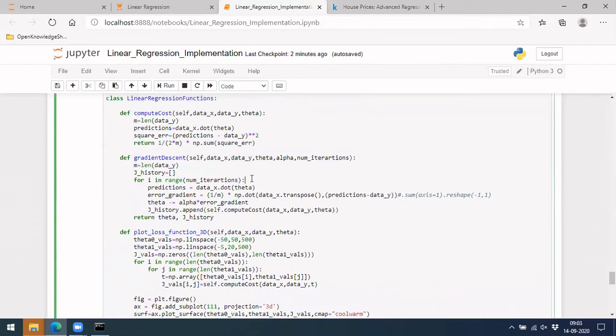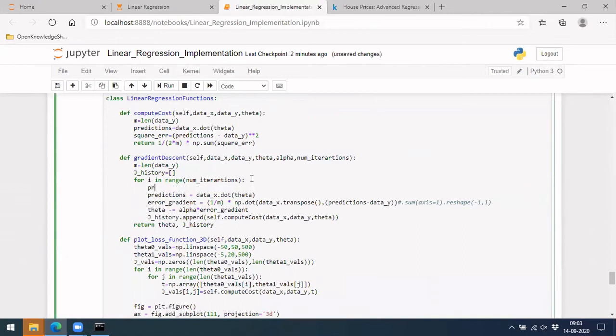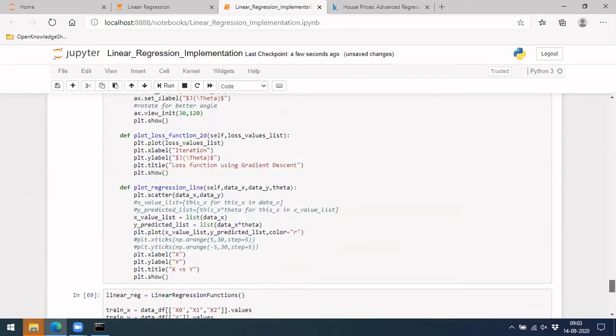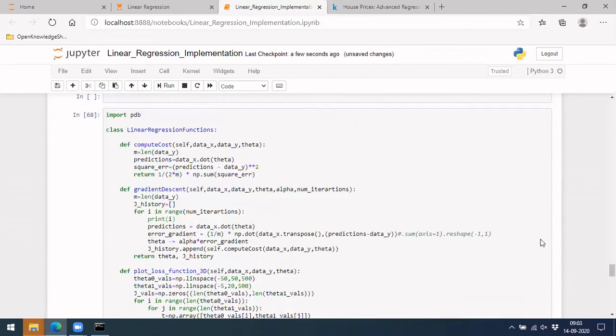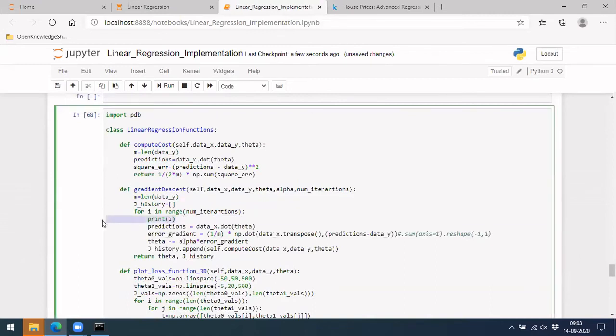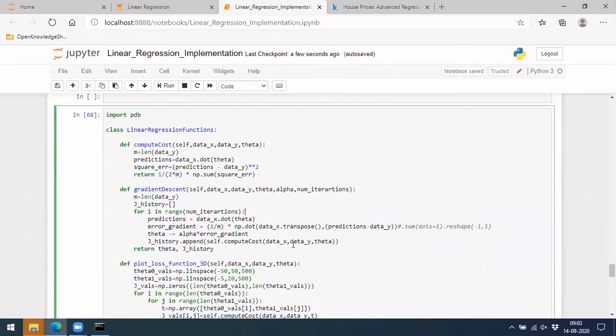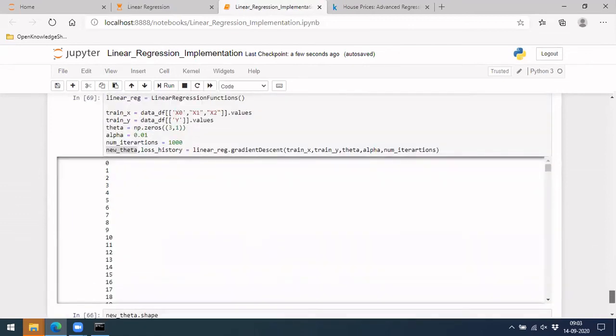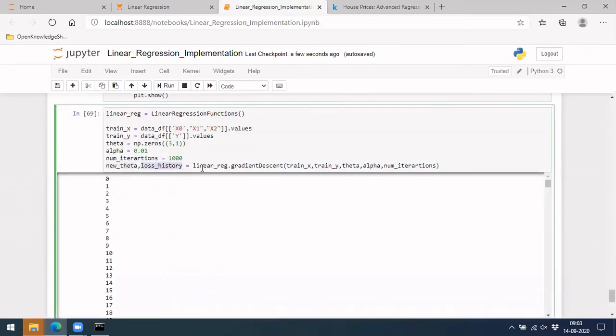So let's print at least, is it going for iterations or not? Okay, it's going for each iteration. So the next step, let's also see J's tree first, then maybe we can see losses tree.